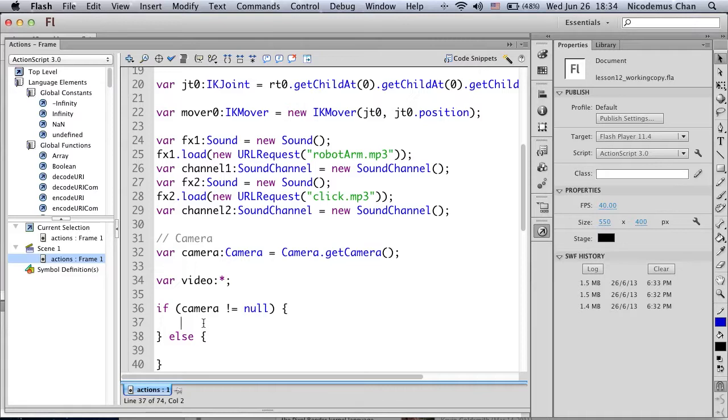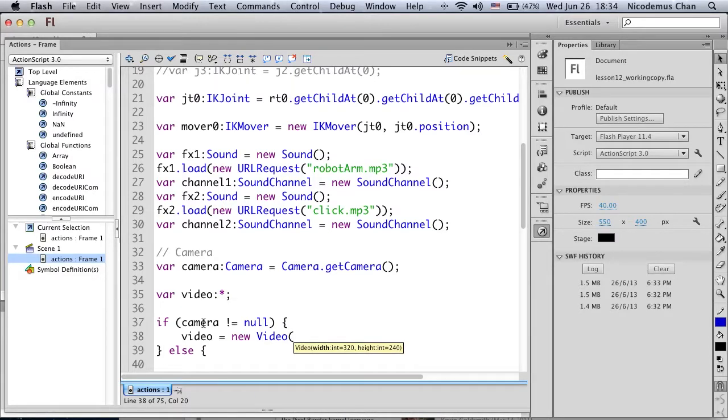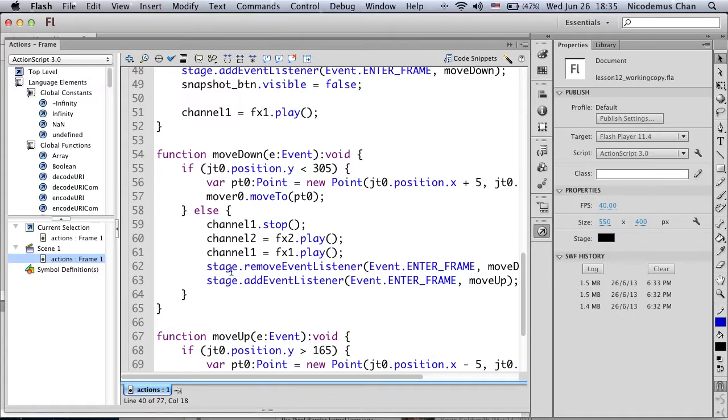Over here we're going to say video, please do new video 160 120, video.attachCamera, addChild video, and the final part here is